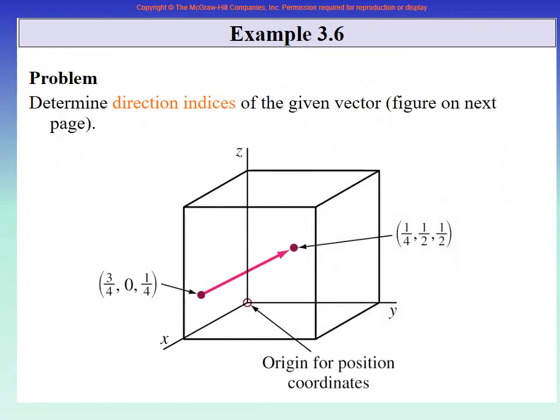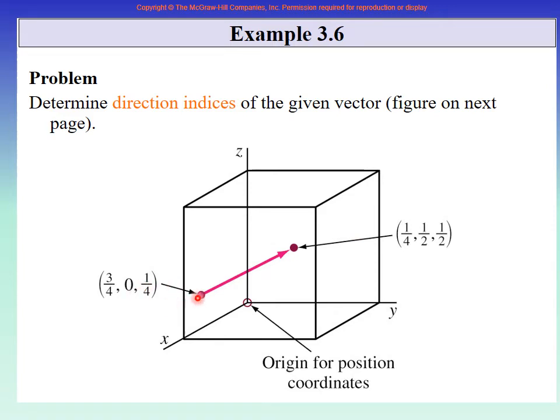Let us do one more. Here we are not starting from any of the corners. In one example, we moved the origin here, in another we moved here, but now we are starting from some point in the middle to some point in the other one. This is very easy then, because if you can locate this point, and if you can locate this point, then the vector theory just says that this minus this is the direction indices, isn't it?